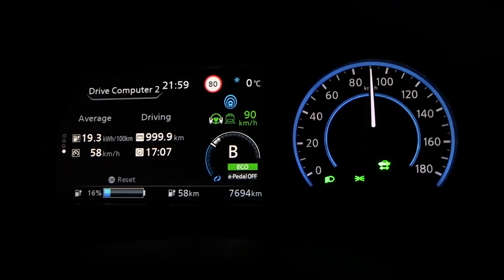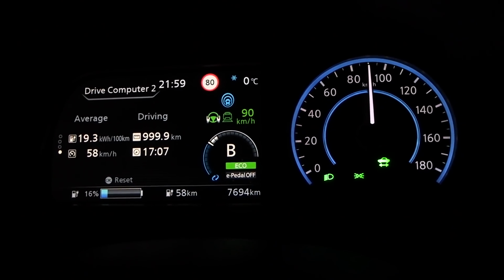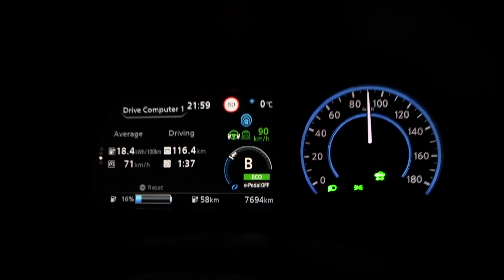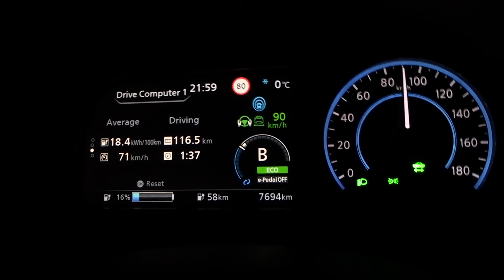Boom! 999. Okay, let's reset it. Boom! Yeah, okay, right. This leg is 184 watt-hour per kilometer. That's nice, huh? Okay, we are now 14 kilometers away from